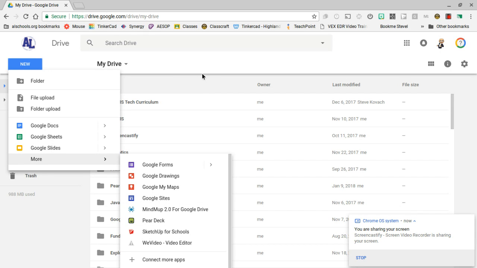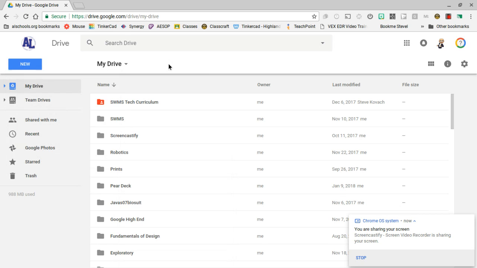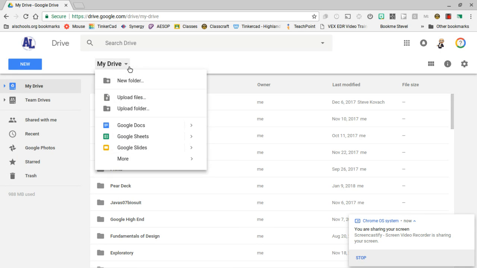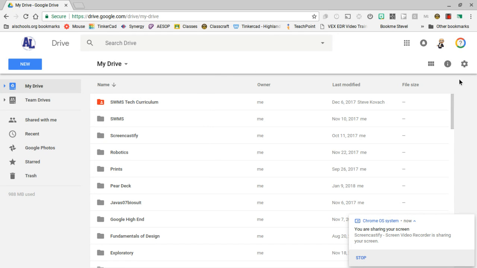Once you've created a file directly in Drive, or if you wanted to upload a file directly in Drive, you can upload a file by going to your upload either a file or you can upload an entire folder. You can upload non Google documents into your file, and you can choose, do you want them to retain their original format or do you want to convert them? If you want to convert a file, so say I've got a Word doc that comes from the building principal, and I always want to convert them